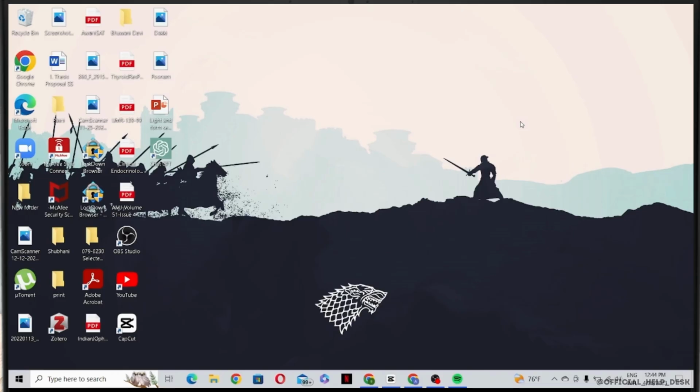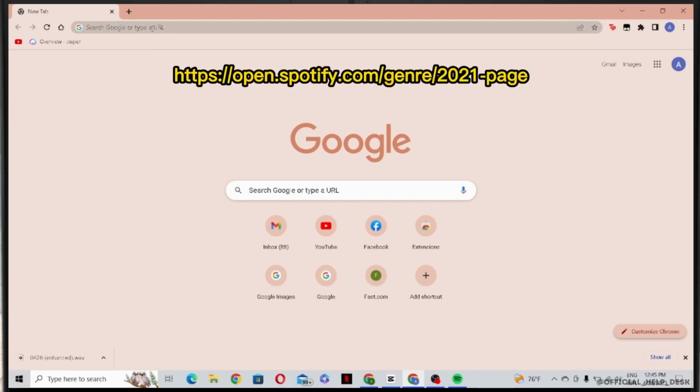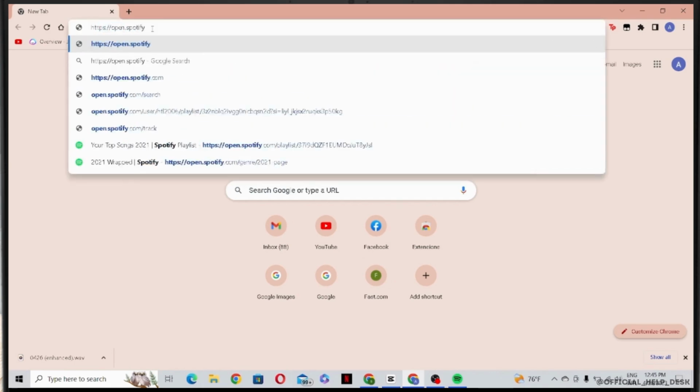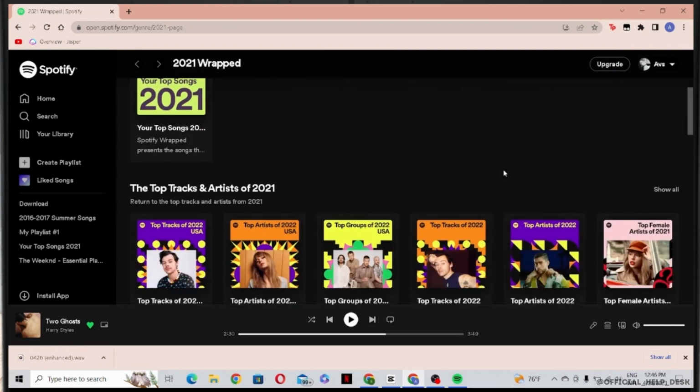I just showed you what you can do for the top artists and tracks of the month. But if you want Spotify data on an annual basis, that is where Spotify Wrapped comes in. They do send notifications for Spotify Wrapped, but if you missed it, here is what you can do. Now you have to go to the search bar and look for this website. Now you just have to log in and you'll be able to see all of the top tracks and artists